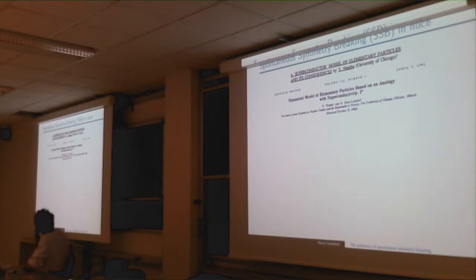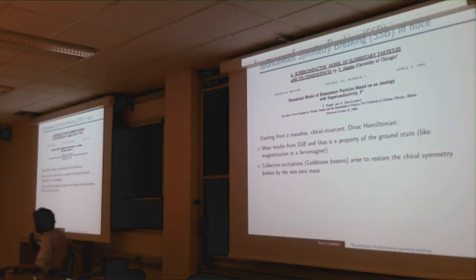The first instance of spontaneous symmetry breaking appears in its mature form with two papers by Yoichiro Nambu and our Italian physicist Giovanni Jona-Lasinio. These two communications are from 1961, the first 1961. And in these papers, I will try to be very brief about it, what is explained is that, starting from a massless chiral invariant Dirac Hamiltonian,